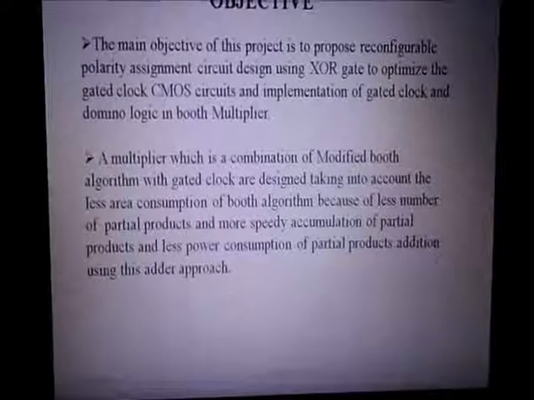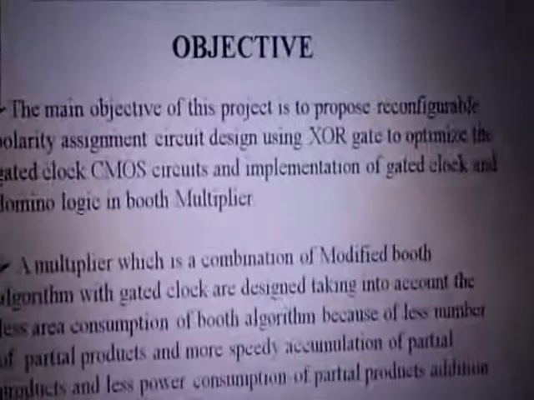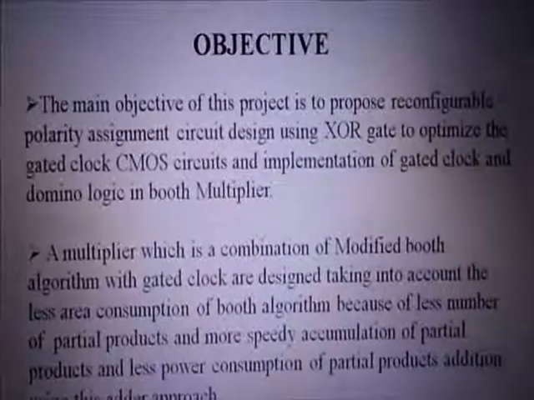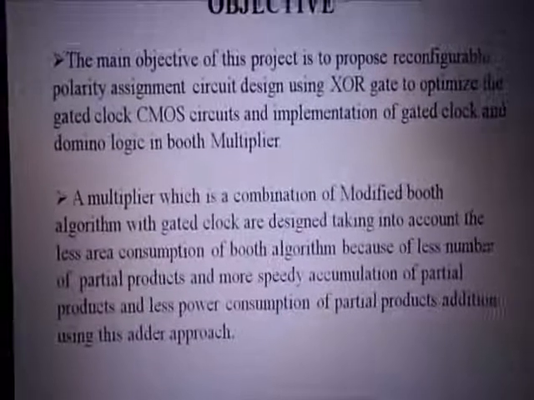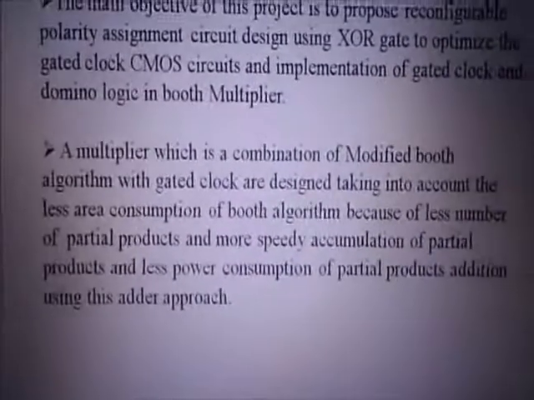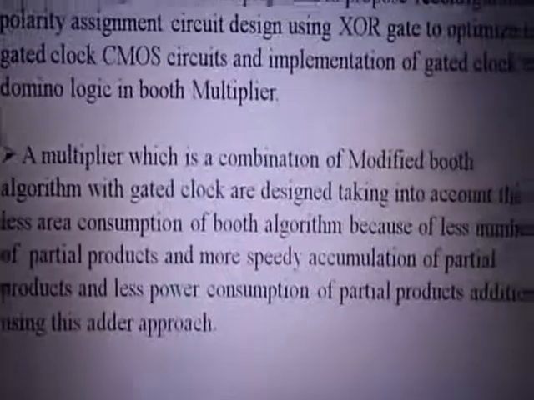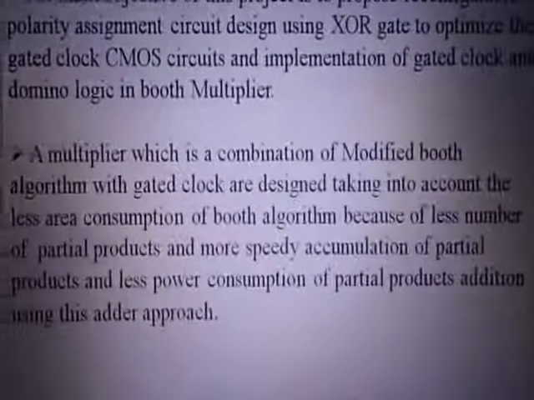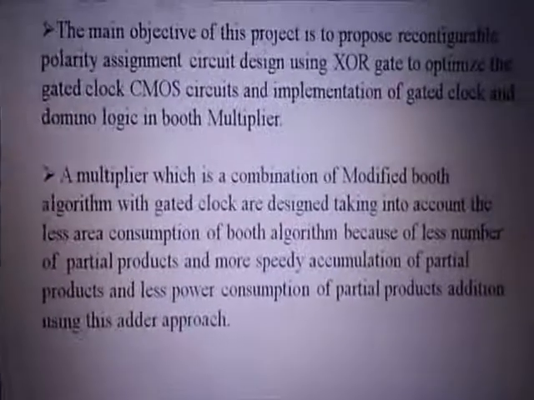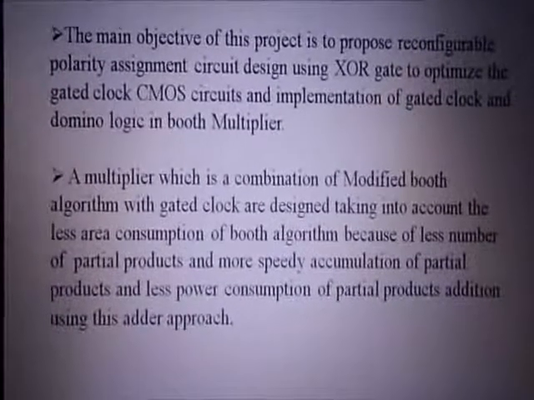The main objective of the project is to propose the reconfigurable polarity assignment circuit design using XOR gate, to optimize the clock gated CMOS circuits, and also to implement a gated clock and domino logic in Booth multiplier. The multiplier is a combination of the modified Booth algorithm with gated clock, a design taking into account less area consumption of Booth algorithm, because a lesser number of partial products increases the speed